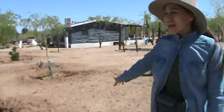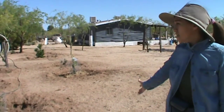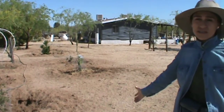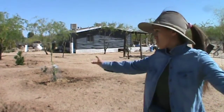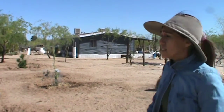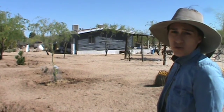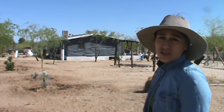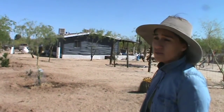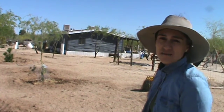So here's where we were planting. This is one of the pieces that we recently cleaned out, and it was just to expand the milpa because, like I said, I wanted to plant more watermelon and squash and let it just grow crazy. But we also wanted to put more of our trees for our little orchard, and it's scattered. Our orchard is scattered, so we have it all over the place, but hopefully we'll get enough pollinators to help us out. So this is the back of our house,